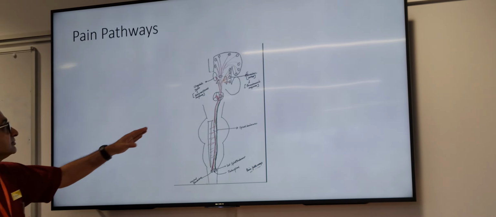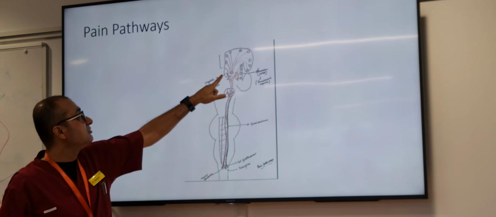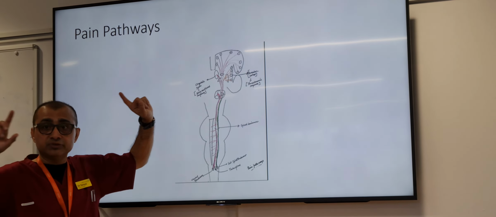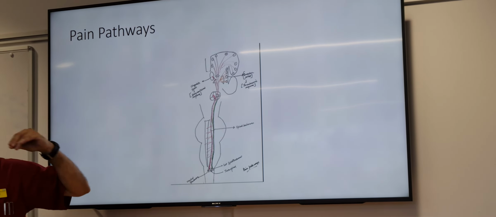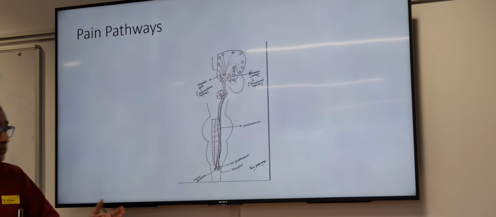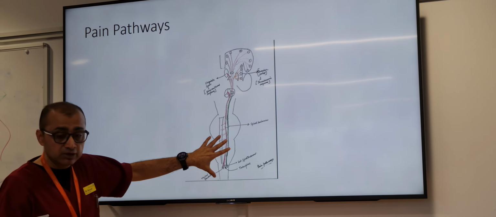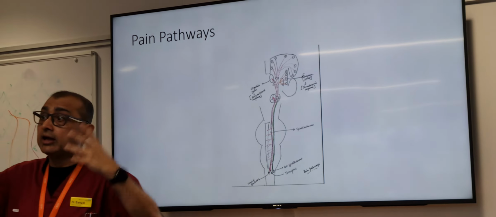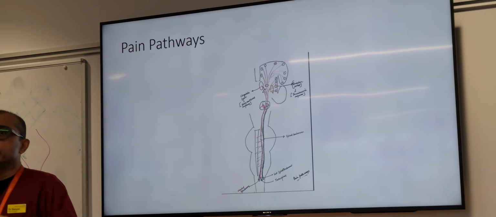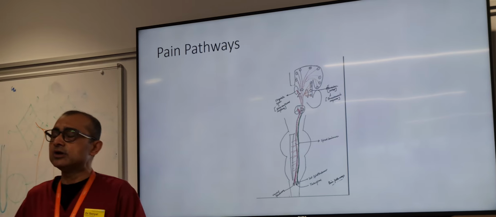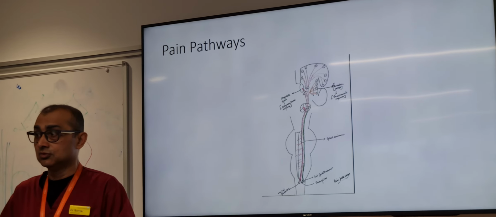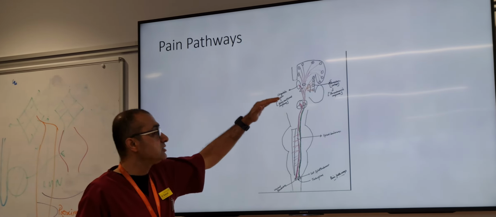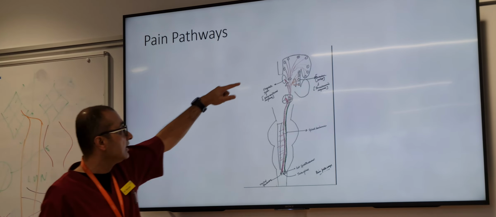On top of that, it also goes to the cingulate gyrus. Okay, that's part of the limbic system. That's why you get angry. It's stimulating the limbic system as well, along with the reticular formation. One of the functions of the reticular formation is obviously to make you more awake, the arousal system. So if somebody slaps you, even if you are feeling sleepy, you wake up and get more alert. That's because of that. And obviously it will also stimulate the limbic system along with the cingulate